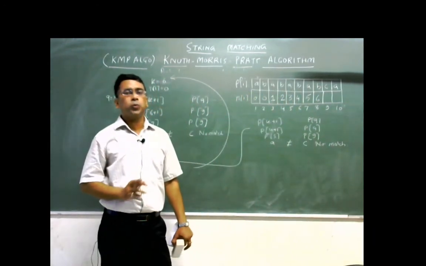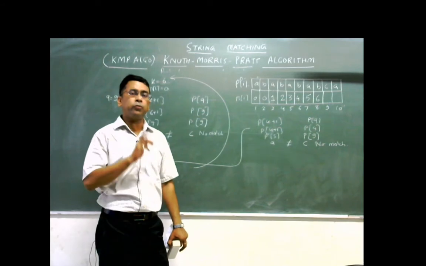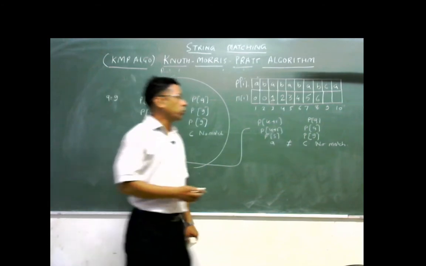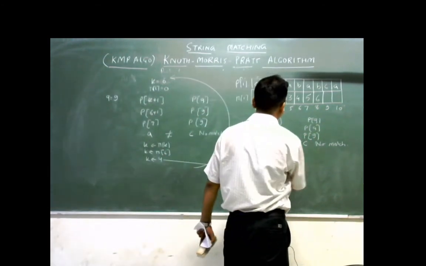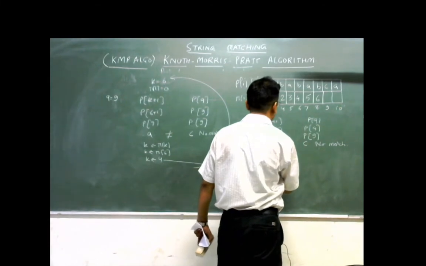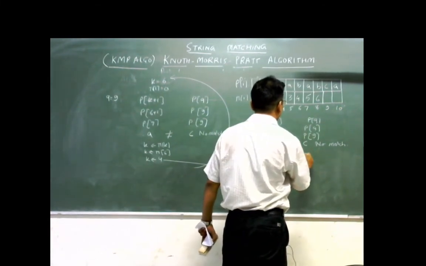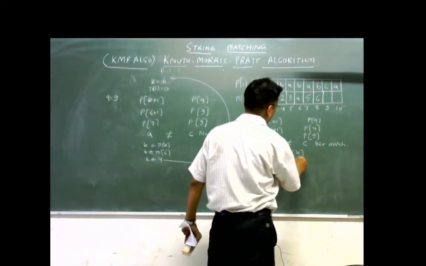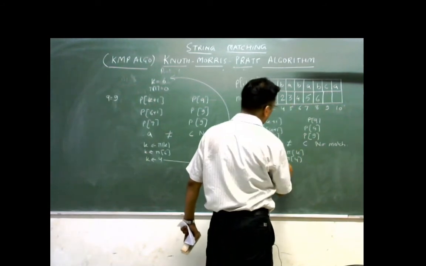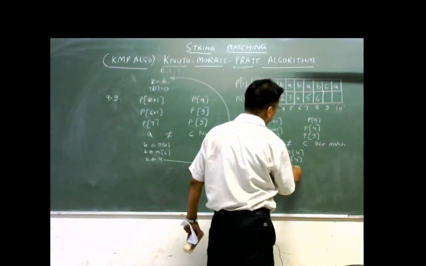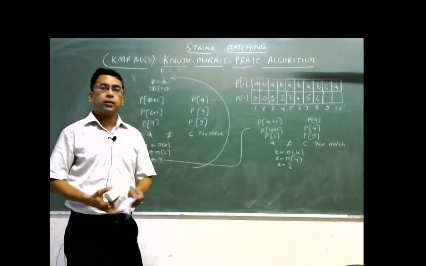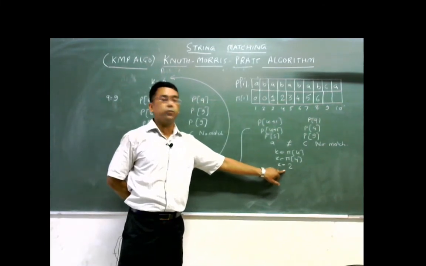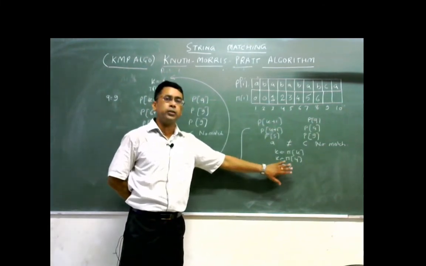Whenever there is a no match situation, we update the value of k, and for that value we shall check whether there is a match or not. So at this position, if there is no match, then k would be assigned the value of pi k, meaning k has become 4, so k would become pi 4. Pi 4 is equal to 2. Now the k value would reduce to 2. We shall not assign the pi q value at this position. We shall again recompute with k equal to 2.